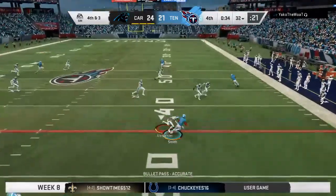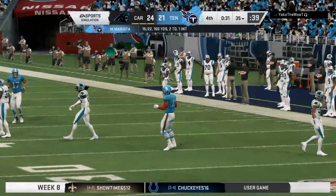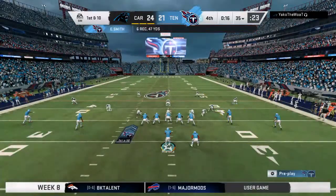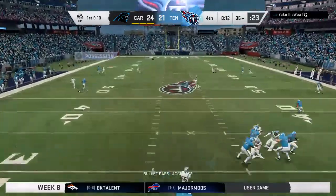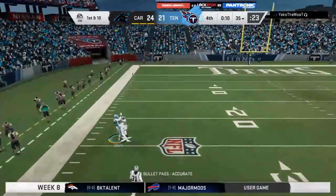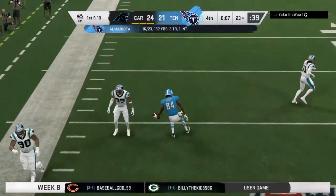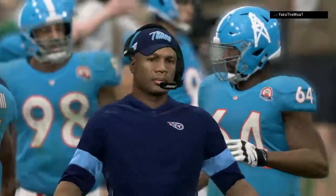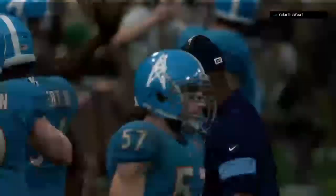Mariota to throw for it on fourth. It's complete. Swings it out to his running back. They keep the game alive, at least for the moment, as it's a first down. Mariota. He's going to let it fly. It's caught inside the 25. And he finally goes down at the 23-yard line. Well, going into the final play of this game, they knew that they needed